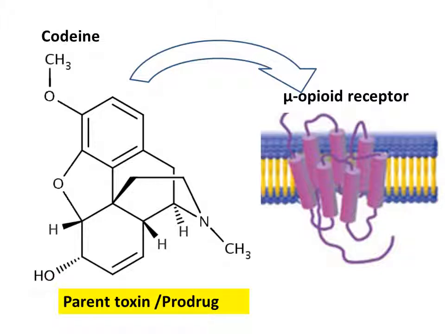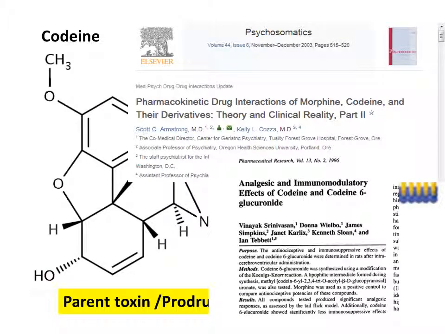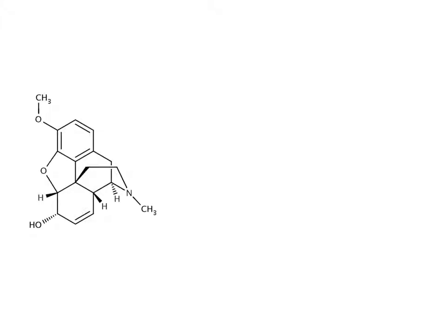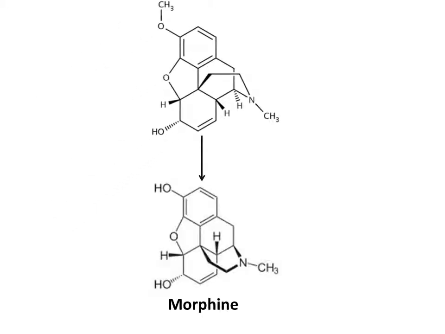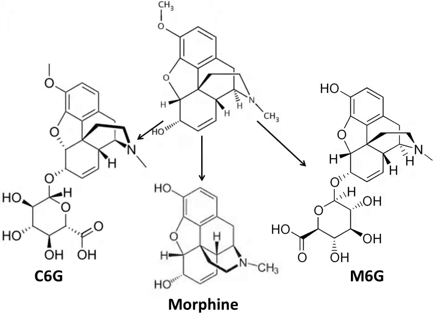Until quite recently, codeine's effect was believed to be caused solely due to the conversion to morphine. Now, morphine 6-glucuronide and codeine 6-glucuronide are also considered active metabolites. Due to the target's primary location in the central nervous system, the codeine metabolites would be required to cross the blood-brain barrier in order to reach it. While the transport systems have yet to be identified, passages of these metabolites across the blood-brain barrier may be mediated by organic cation transporters or proton-cation antiporters.